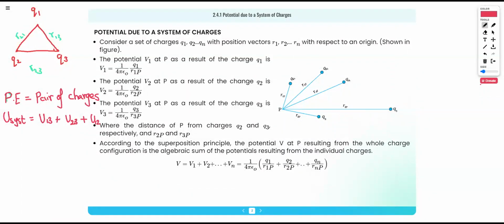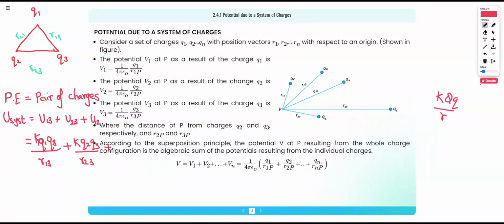Now we know the formula for potential energy. It's K Q Q over R. That means here it will be K, what is K? Yes, the Coulomb constant. Very good. It will be K Q1 Q3 over R13 plus K Q2 Q3 over R23 plus